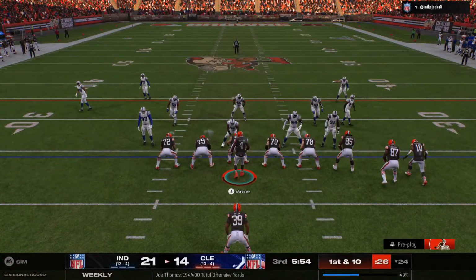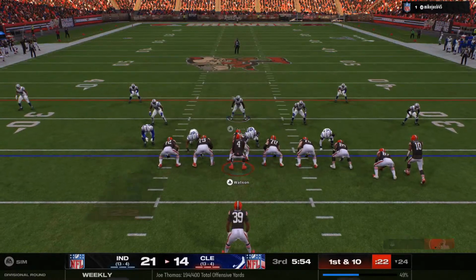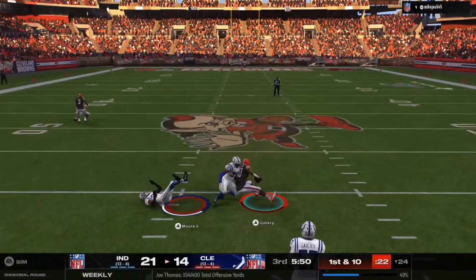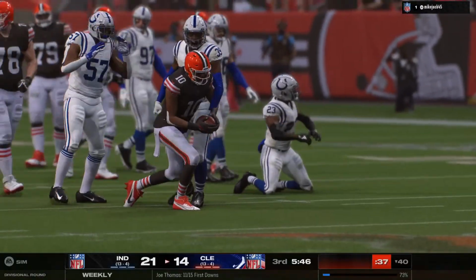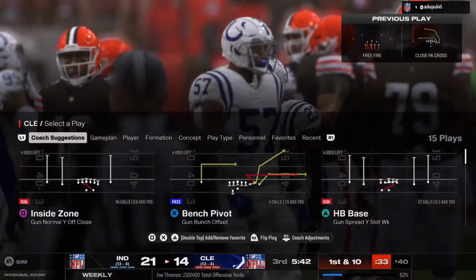So here's a 1st and 10 now. They'll start from the 24. A play fake. Now Watson to throw. Got a man open downfield on the crossing route. 6 catches for him in the ball game now. And this one's good for a 1st